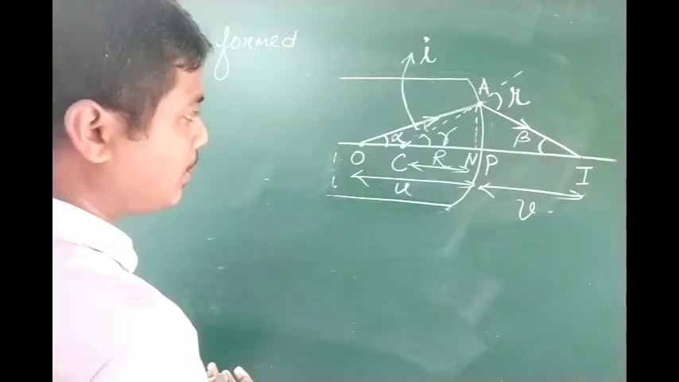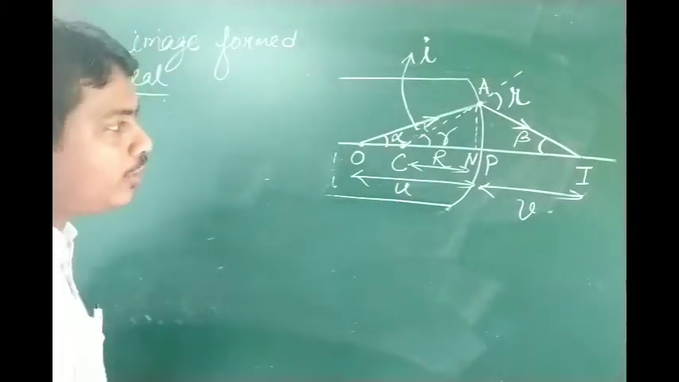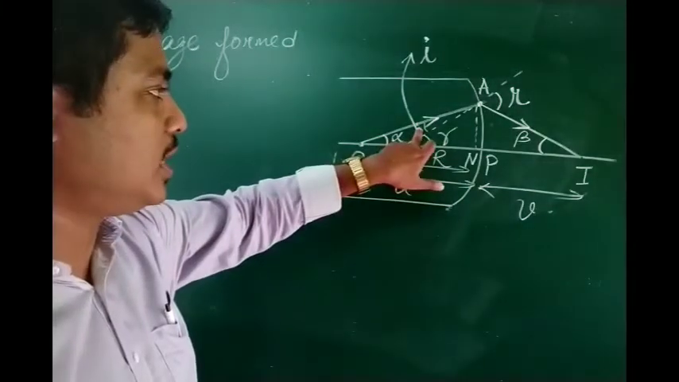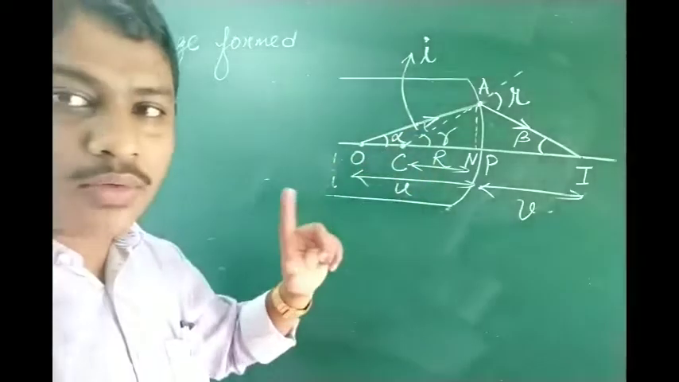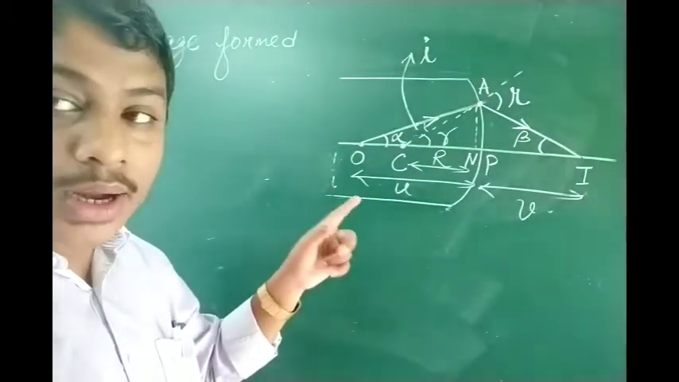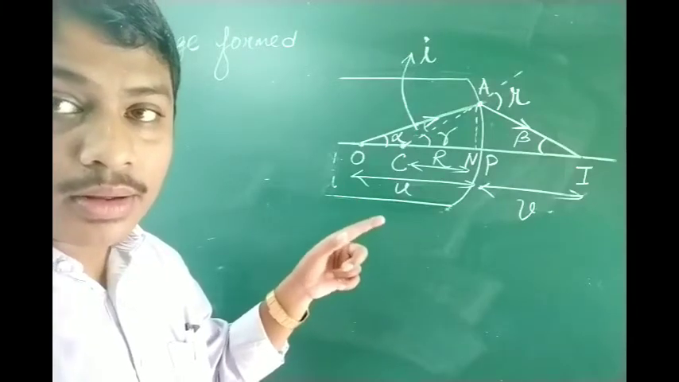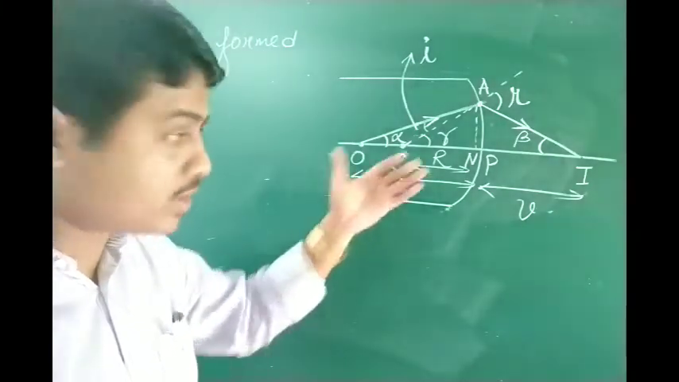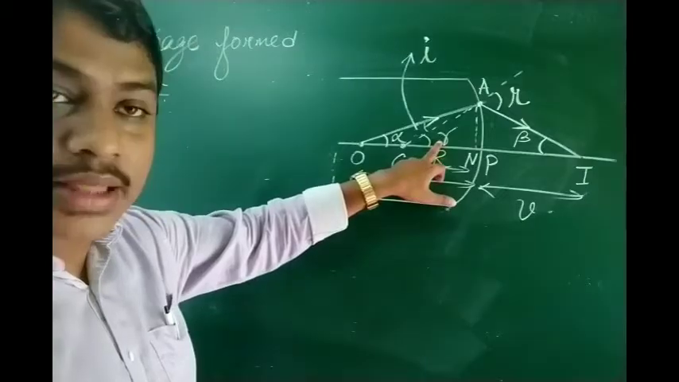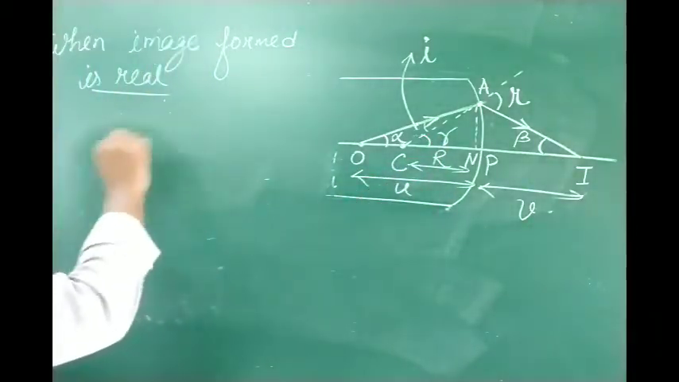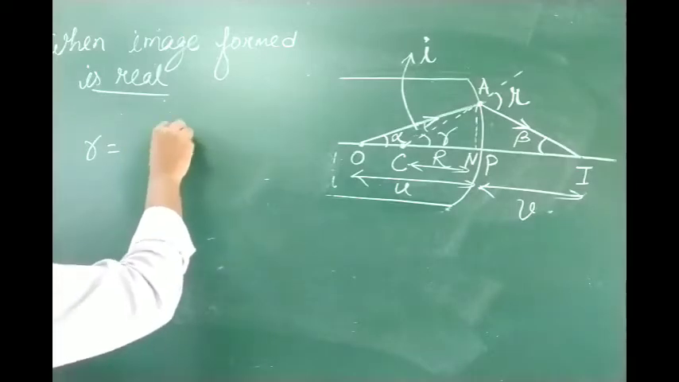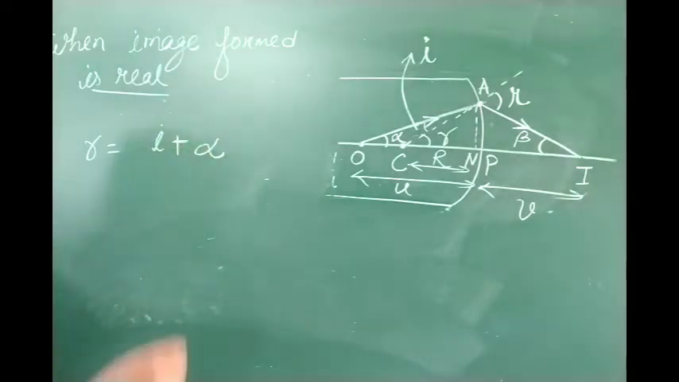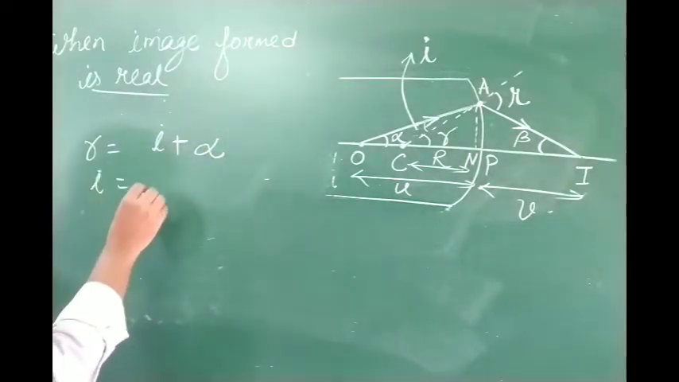Now suppose we want to consider the value of the angle of incidence. This is the angle of incidence. We have to consider the exterior angle. We have to consider this as the exterior angle. So we can write gamma equals i plus alpha, or we can write i equals